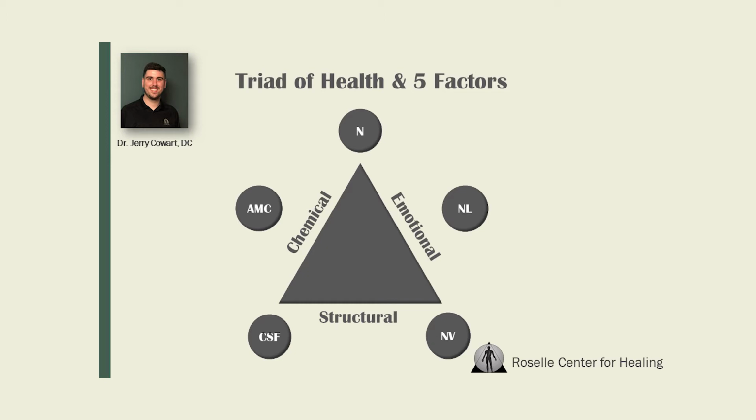And then secondly, you have the chemical component. We consider this as anything exogenous, outside of the body, affecting the inside of the body. So maybe it is nutritional deficiencies, like you're not getting enough of the nutrients that you need, or maybe you're getting too much of something that is also negatively affecting you, such as toxic metals, or you're constantly eating GMO processed foods, or whatever the case may be.